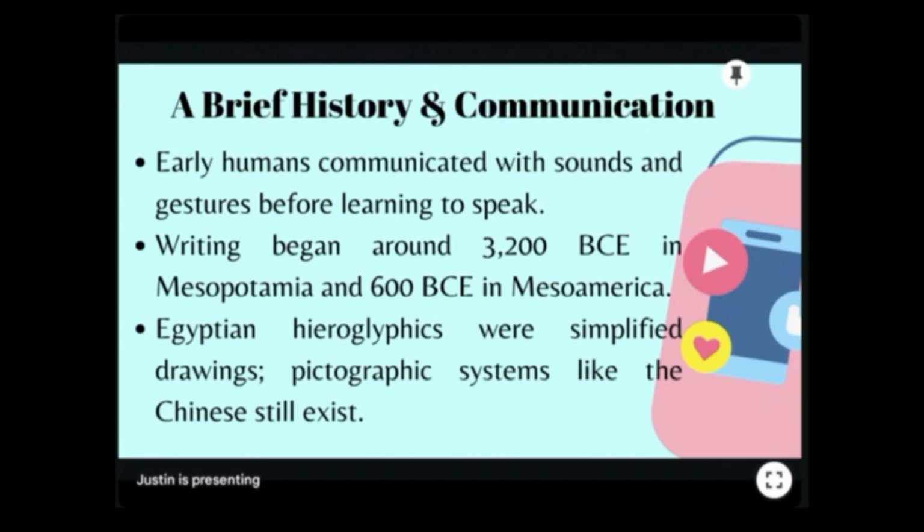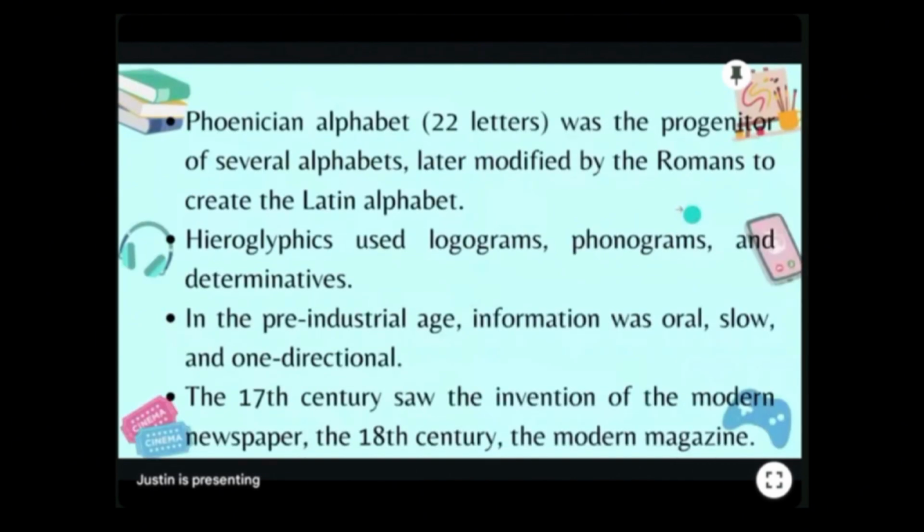The Egyptians developed hieroglyphics, which were simplified drawings that represented objects or ideas. Similar pictographic systems, like Chinese characters, still exist today. Later, the Phoenicians created an alphabet with 22 letters. This became the basis for many writing systems. Then the Romans modified it to form what we know now as the Latin alphabet, the same one we use today. Egyptian hieroglyphics were interesting because they combined logograms, which are symbols for words, phonograms, symbols for sounds, and the determinatives, which are symbols